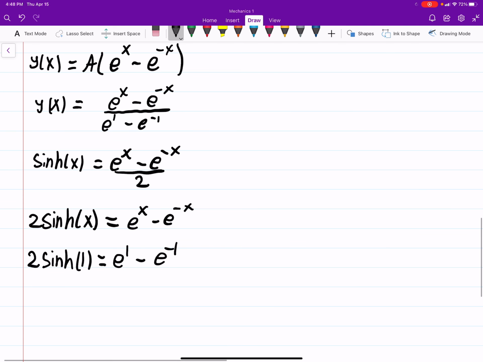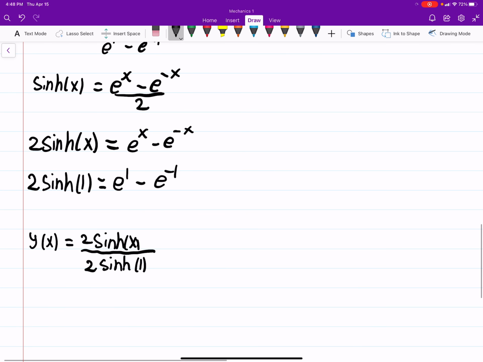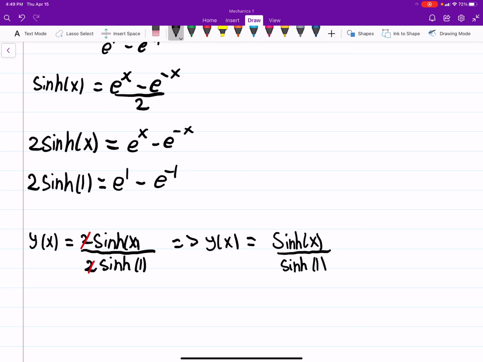So essentially what we have then is y of x equals, and obviously the 2's will go, and you get y of x is equal to hyperbolic sine of x over hyperbolic sine 1. And that's all there is to this one. So hopefully that